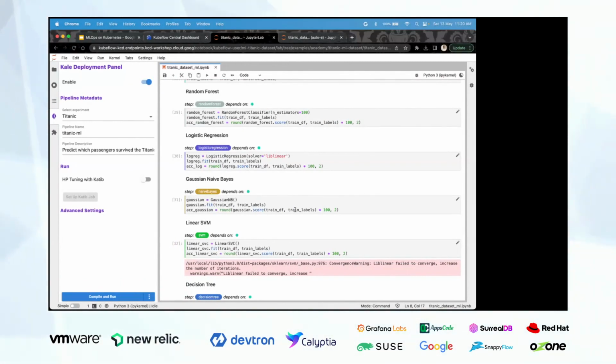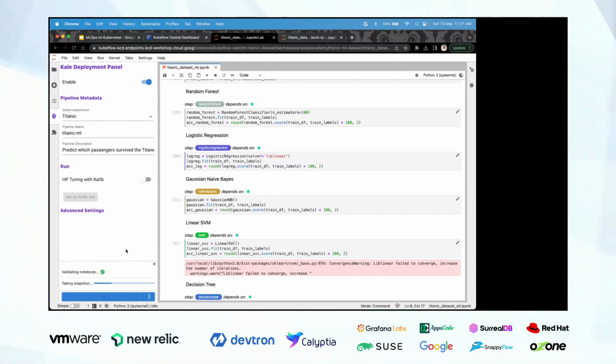So once this is done, we will run this cell: compile and run. We have options over here: compile and upload, compile and save, and compile and run. First of all I'll click compile and run. What it does is first validate the notebook.